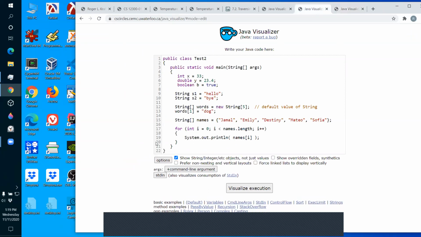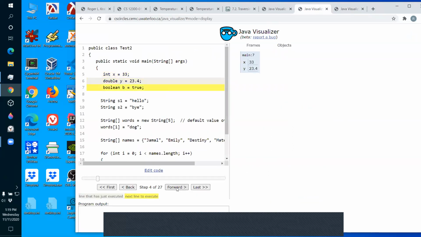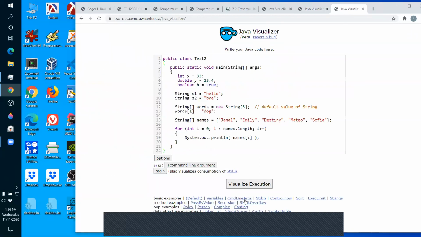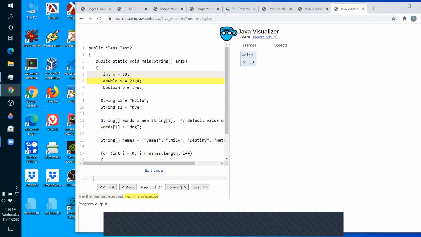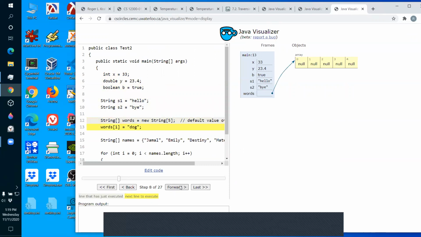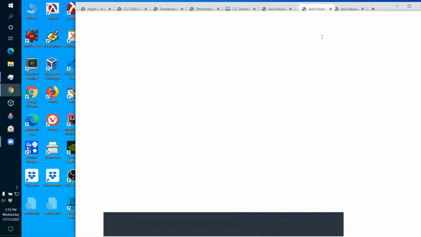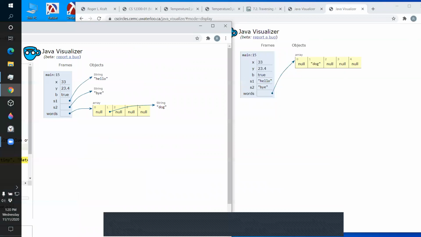Okay, with that option, same code. Now without that option. There, see the difference?